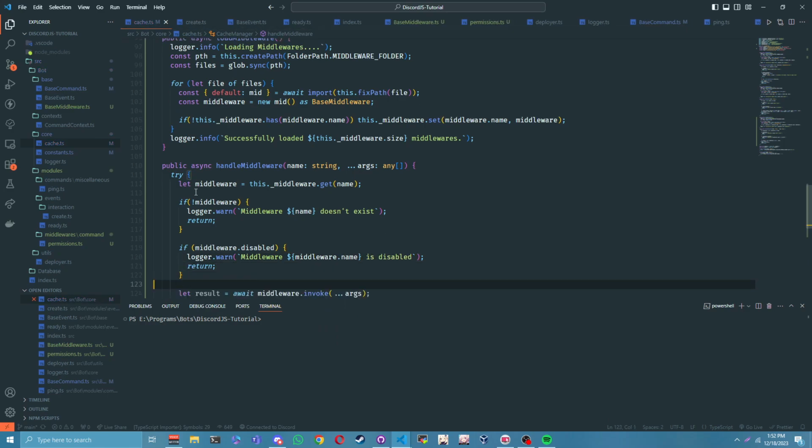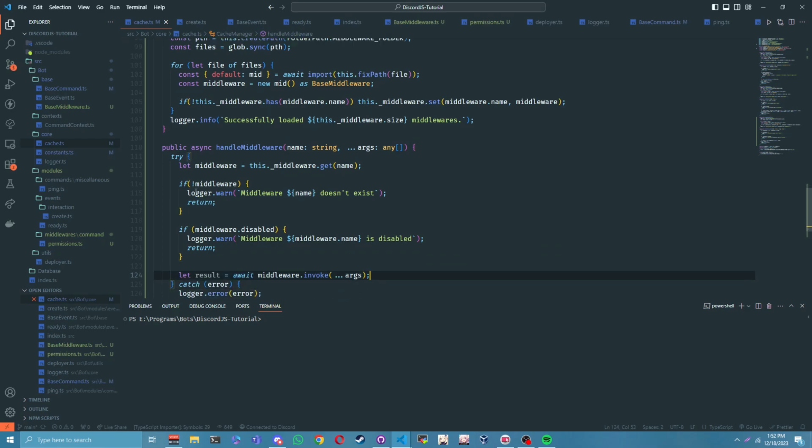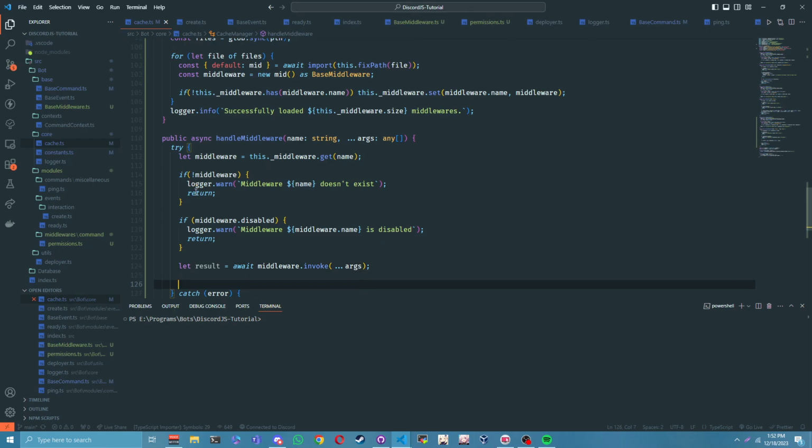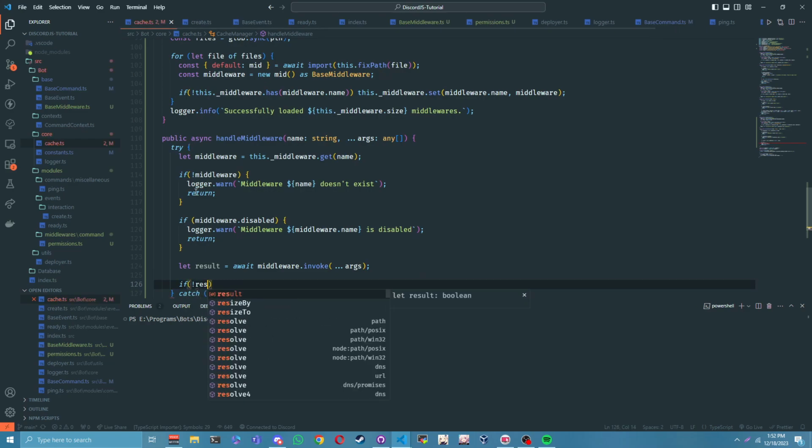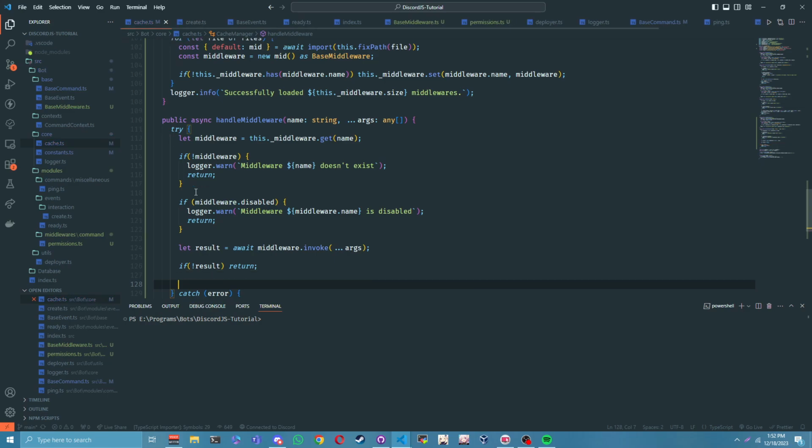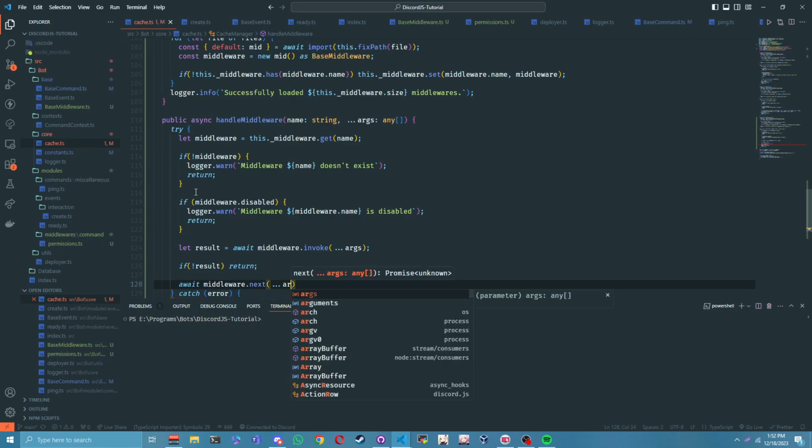There we go. Okay, so let result equal this. So that is the point of us returning Boolean, because we want to see if we can proceed on. If result is not true, then we're going to return. Okay. Also, we're going to await the middleware, and we're going to do next, and we're going to pass in